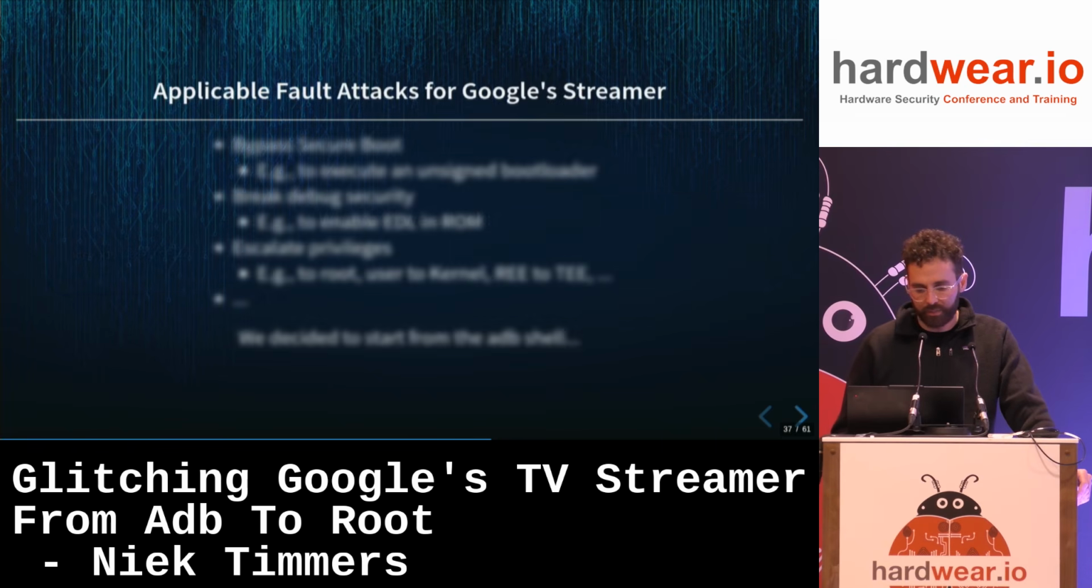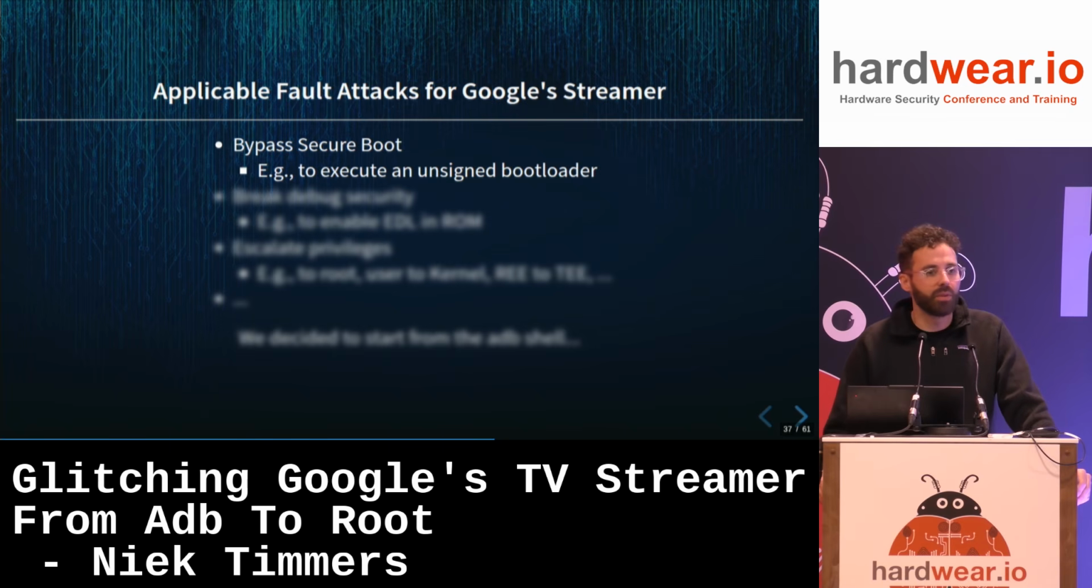So what can we attack? Well, the most typical thing to do on an embedded device with fault injection is bypassing secure boot. So most public examples are about exactly that, bypassing secure boot. The reason for this is that it's not always that easy to break the secure boot implementation on some devices. And with secure boot, fault injection is actually more